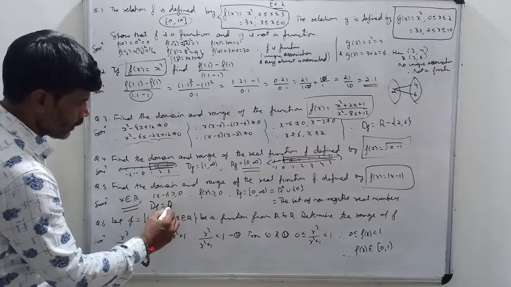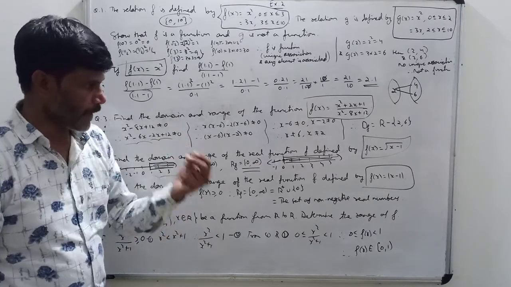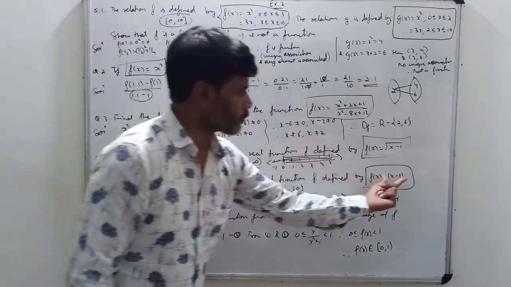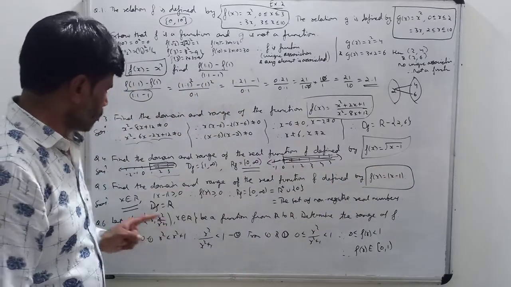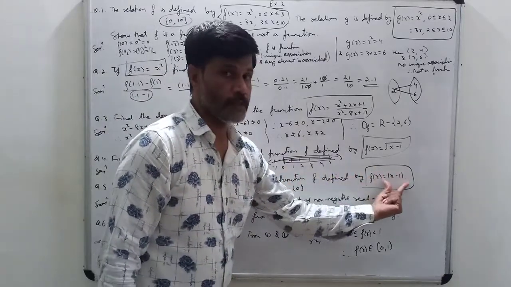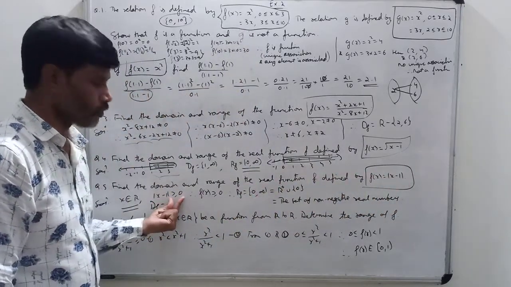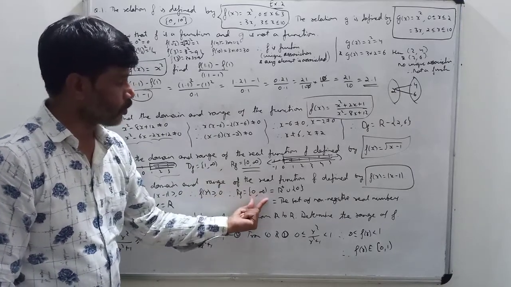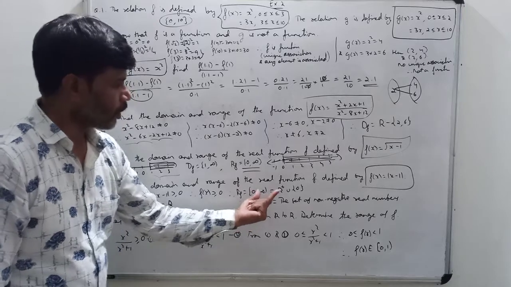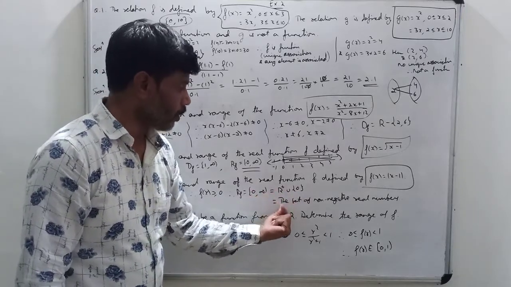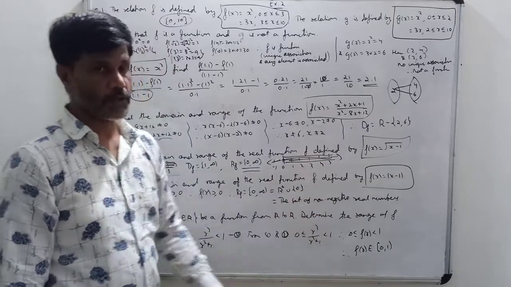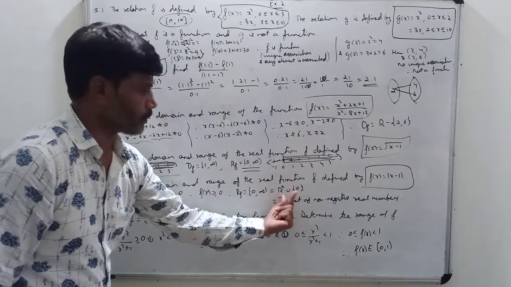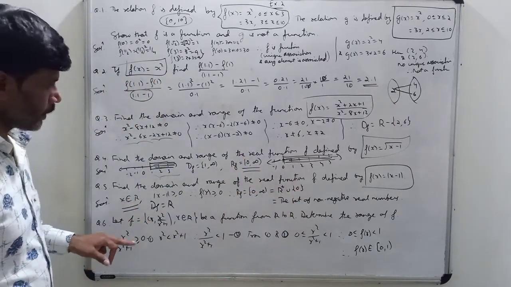The domain of this function is the set of all real numbers, R. You put any negative real number, then also modulus is defined. You put negative, positive, 0, whatever you put, f(x) will be defined. Okay. Now what is its range? For range, we know modulus means non-negative. So mod of any number is always greater than or equal to 0. But mod of (x − 1) is f(x). So f(x) is greater than or equal to 0. This means the range of the function is the interval [0, infinity). Or you can write all positive real numbers including 0, or you can write the set of non-negative real numbers. Non-negative real numbers means what? 0 and positive numbers. Okay, so the domain is over and the range is also over.